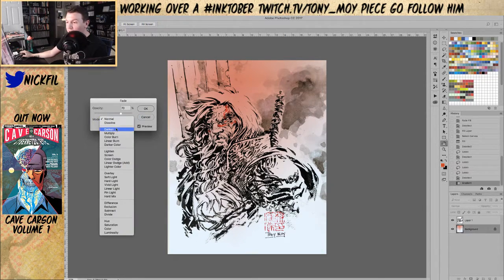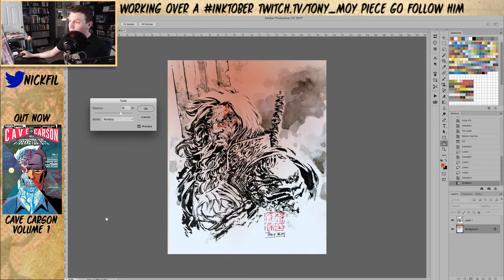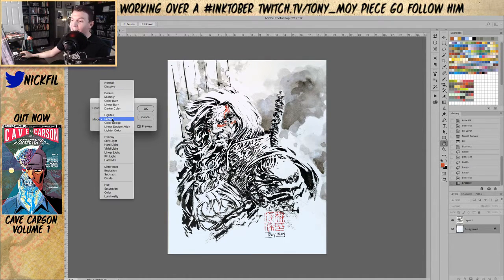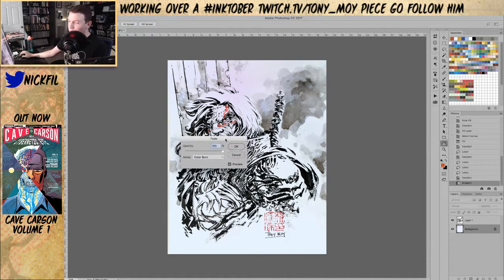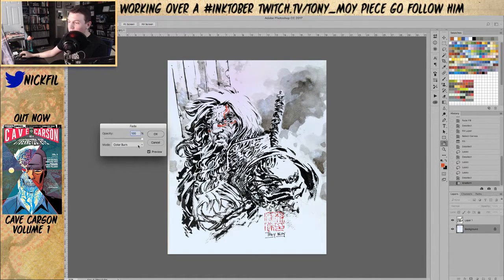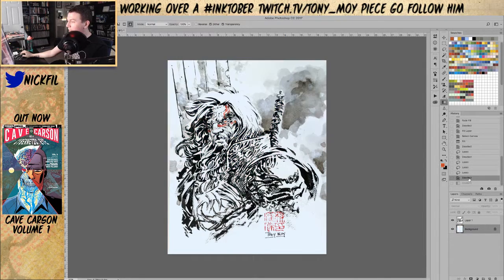You can also use a nifty little drop-down menu and say, okay, that red's good, but I wish it was darker. Click it down to multiply, which is tough because it's a bright color, or click it down to screen so it's lighter instead. You can mess with all this kind of stuff, color burn, and it turns into this weird purple on this light blue. I don't know, it's weird. So that's the fade tool, which lets you mess with any kind of fill you've got going on. And if you look back,